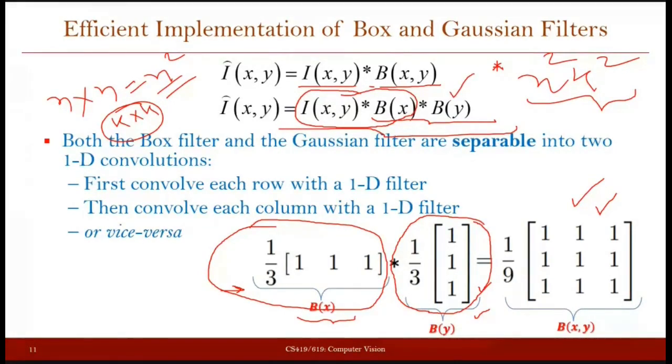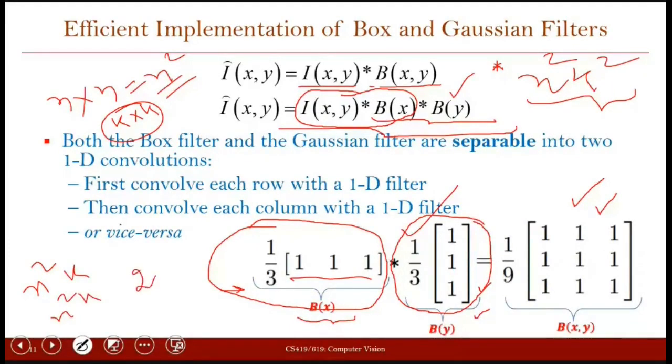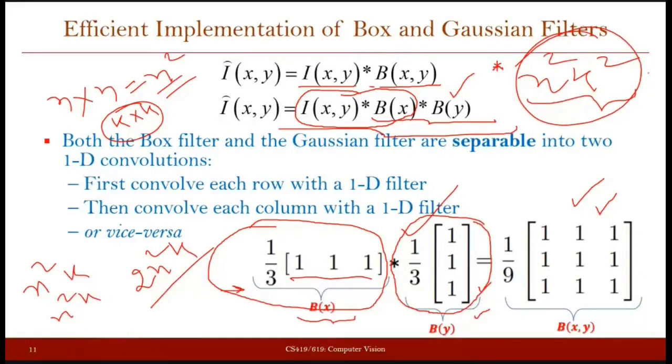When we do this, we'll see that the number of operations will reduce, because by using this 1D filter, you are again going to operate at n square places, but at every place you are doing k operations. Similarly, with the help of the second filter, you are going to do n square k operations. So the total complexity is going to be 2n square k, which was initially n square k square. So you can see that this is much less than what you had earlier.